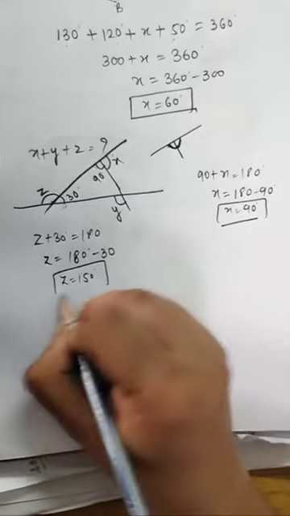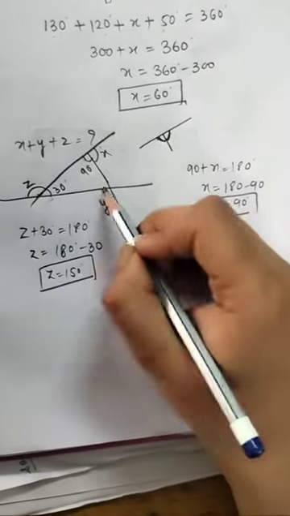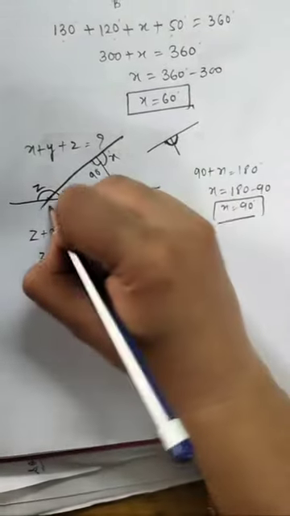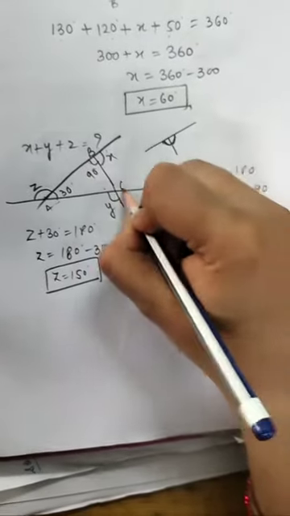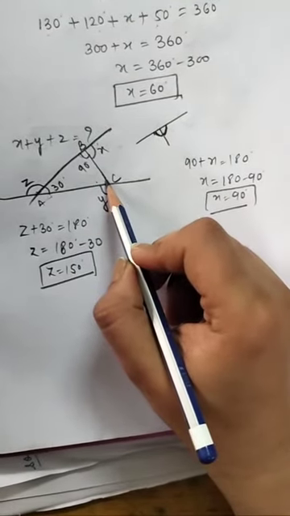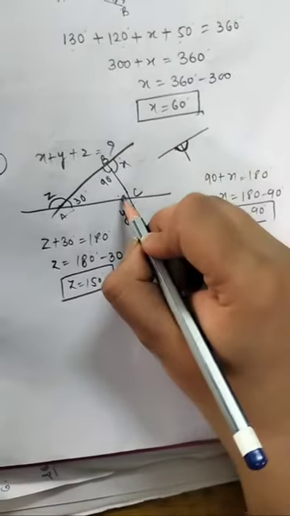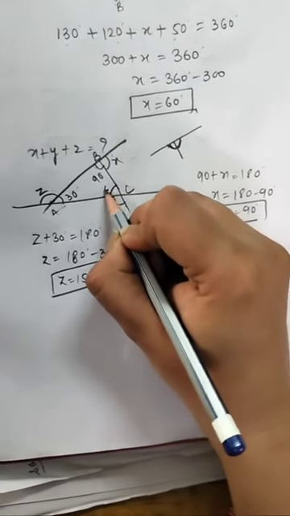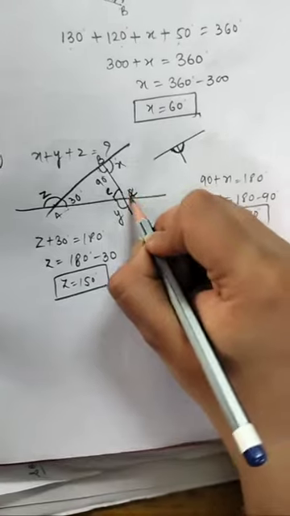Now we have to find the value of Y, but we don't know the value of this angle. This is A, this is B, and this is C. So first we have to identify C. How will we identify C? As you know, we should know this angle. So we mark it as this C. Okay, it is not this C, it is this C.